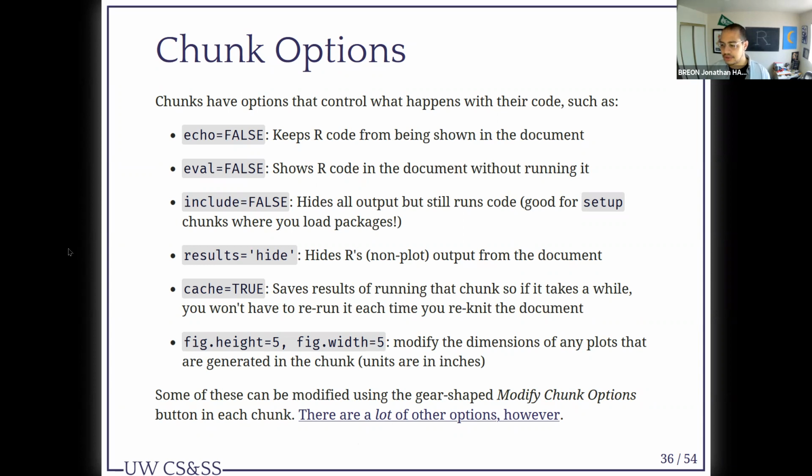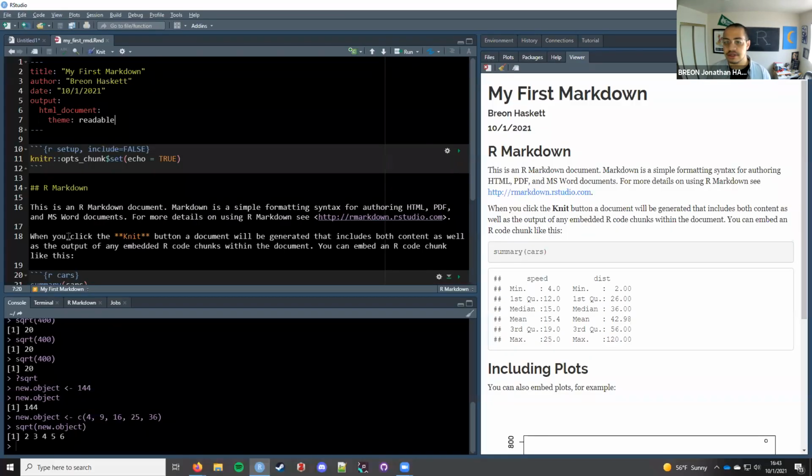I should probably point out where the modify chunk options button is. So here we have a chunk. Note that it does still have these three backticks, then a curly bracket, lowercase r, setup. But then the name of the chunk is here. There's a comma before a chunk option, and then there's the closed curly bracket. And then there is the contents of the R code. This is R code from the knitr package, and three more backticks.